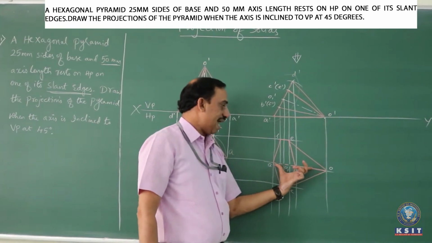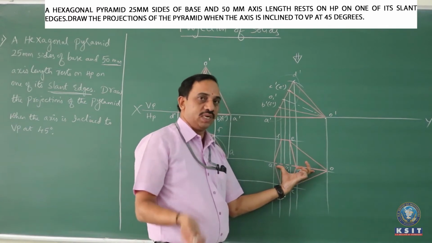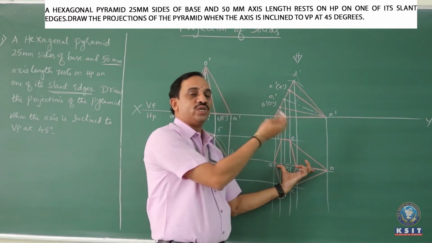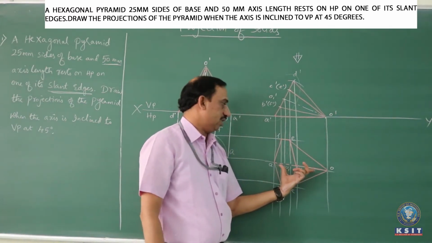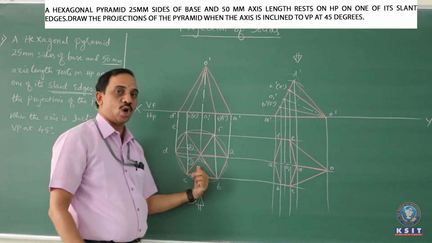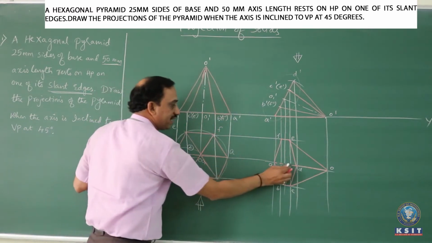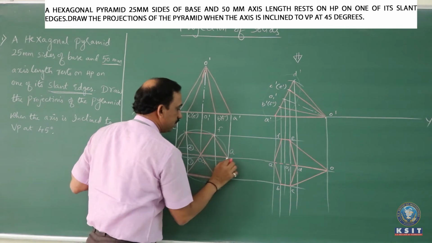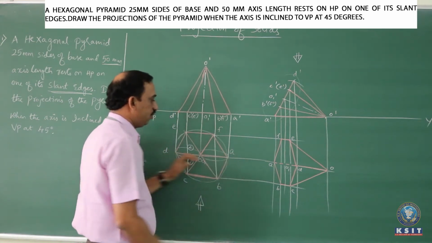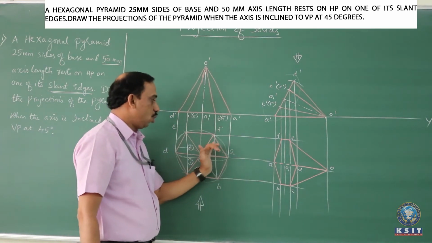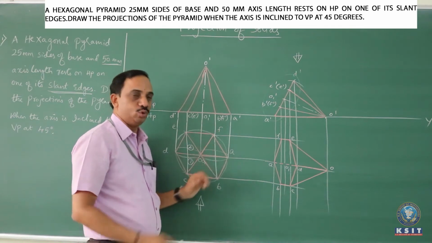When you have the slant edge OA to be invisible, connecting to this OA, you should have on either side two triangular faces. To identify that, come back to this top view. Trace where is the slant edge OA which is invisible. OA is exactly here, which is completely invisible. For this OA, on either side we are going to have two triangles.